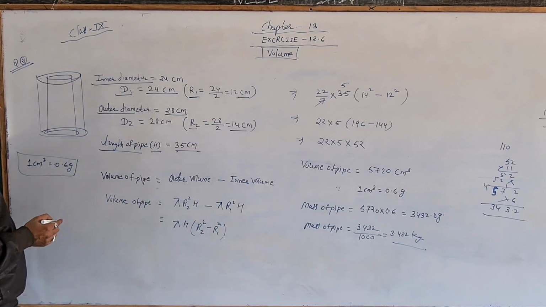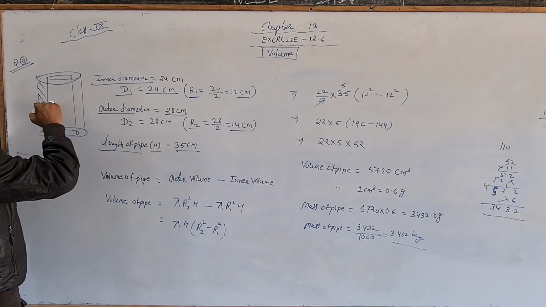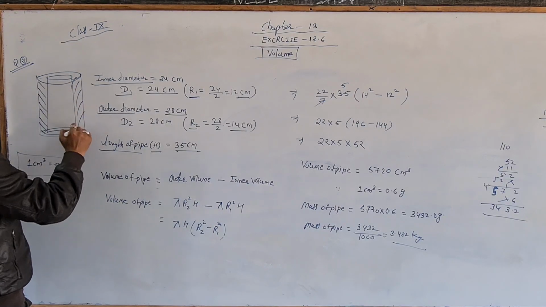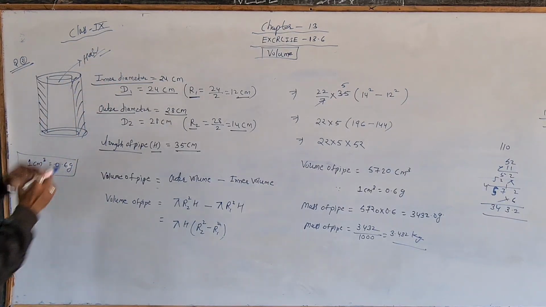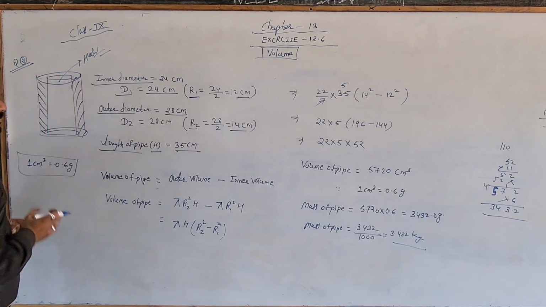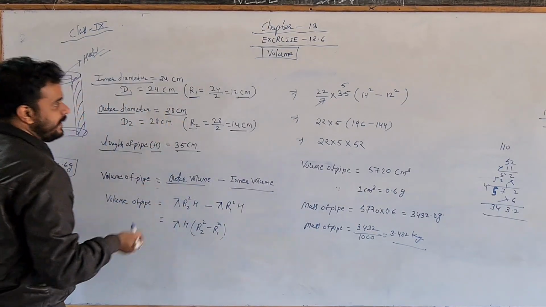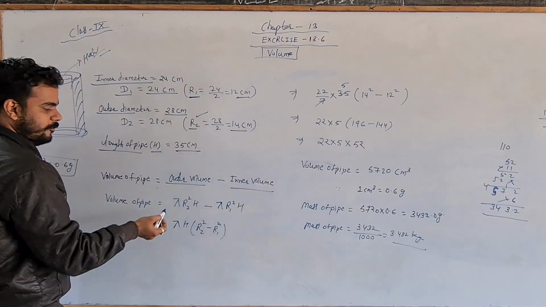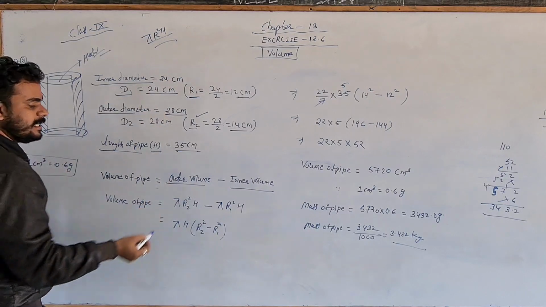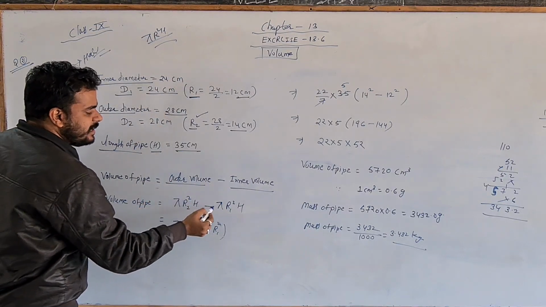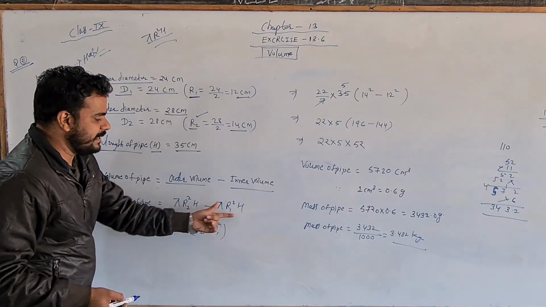And we need to find the volume of the pipe. So volume of the pipe is outer minus inner. This is our volume, because the cylinder is hollow. So to find this, we have to find the outer volume minus inner volume. So the volume of outer cylinder, the radius of outer is R2. As you know, the cylinder volume is pi R square h. For the outer it is pi R2 square h minus pi R1 square h. Pi and h will be taken common, then R2 square minus R1 square.